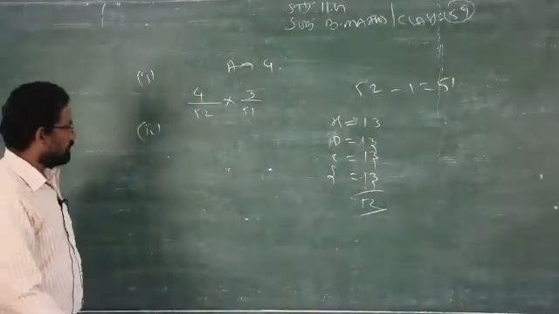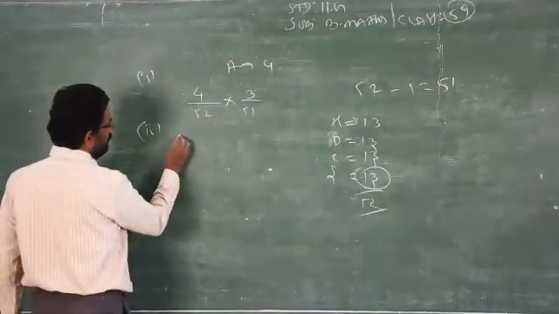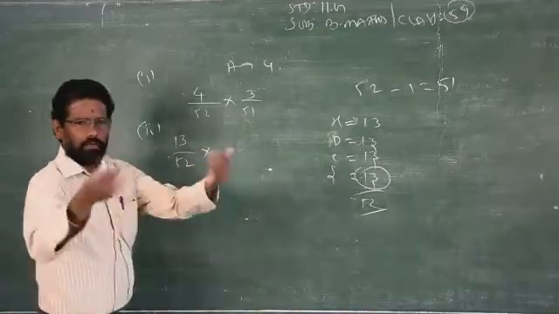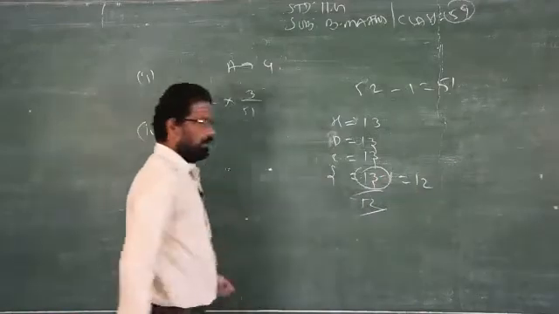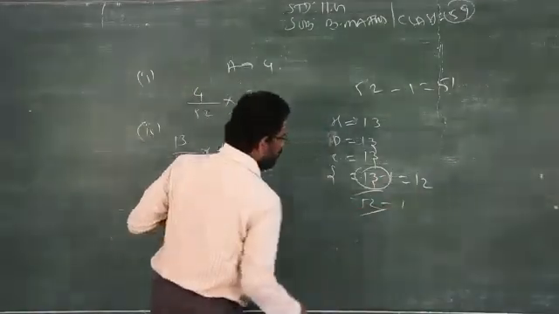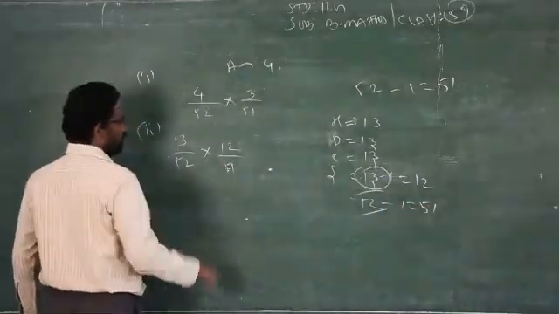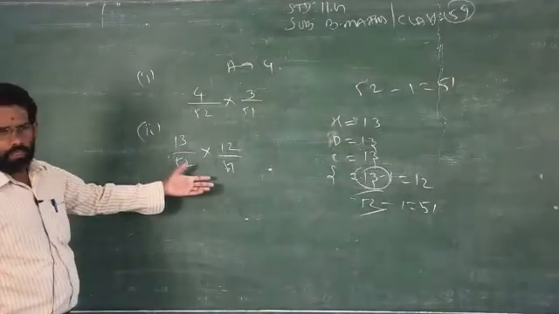So now the question is very simple. 2 spades. They asked to find out only spades. So how many spades will be there? 13 out of 52. I take 1 spade out, so 1 is gone. What will be the remaining number of cards in spade? Only 12. So 12 by, I am taking 1 already, so total also will be reduced. How much? 51. Therefore 12 by 51. Just you have to simplify by using the calculator, you will get the answer.